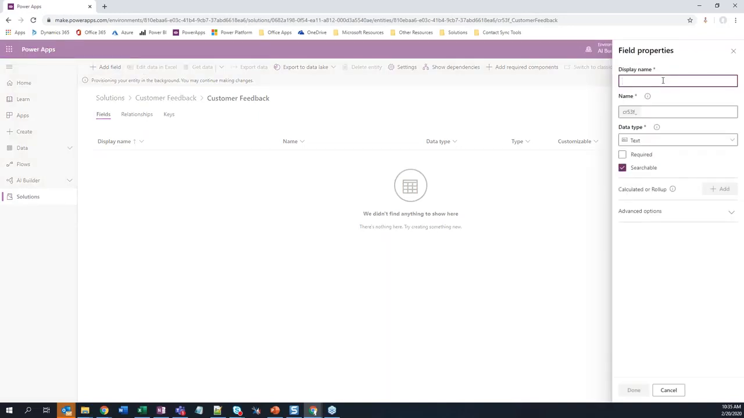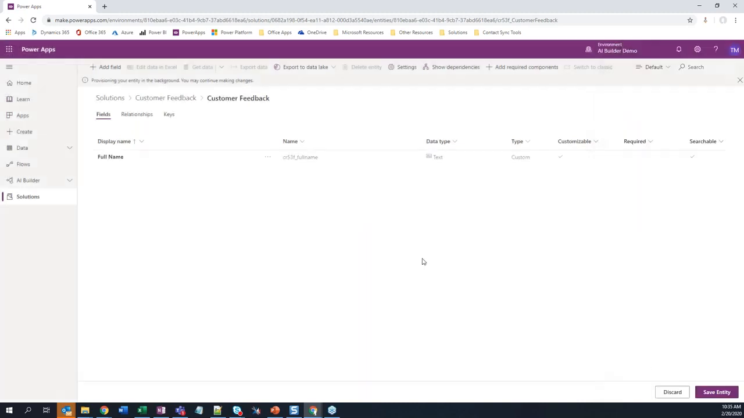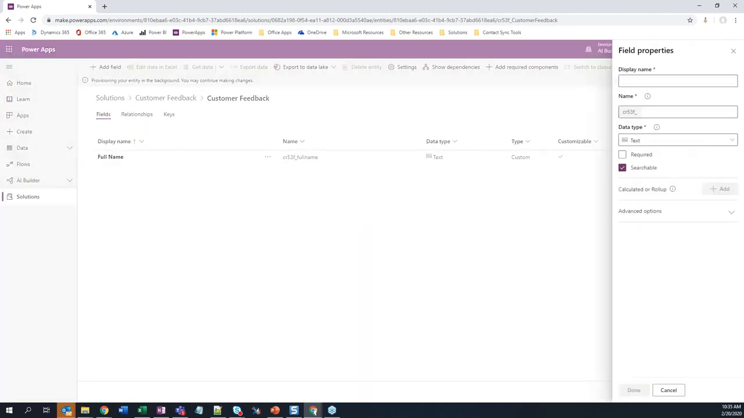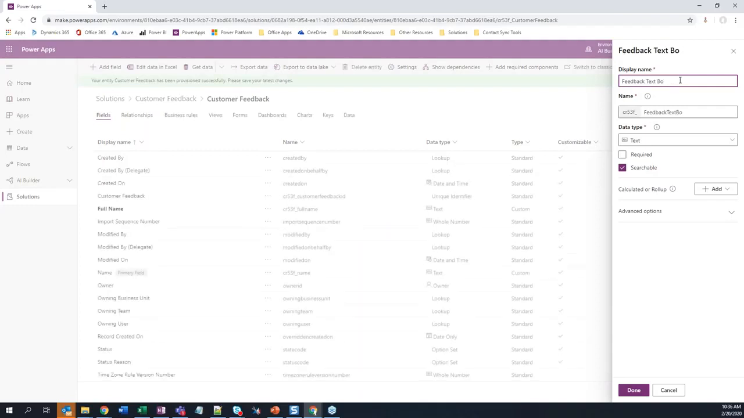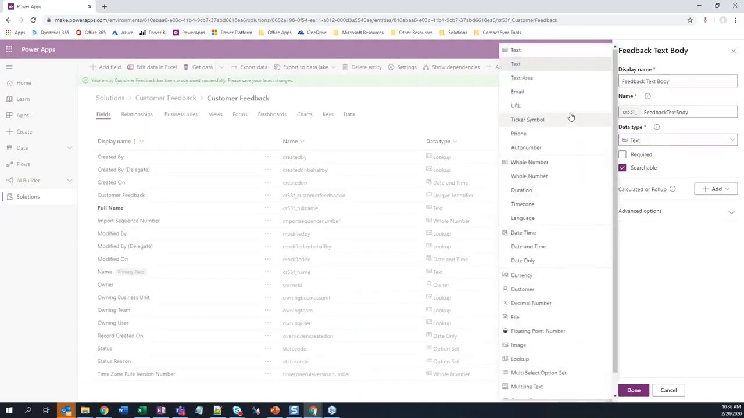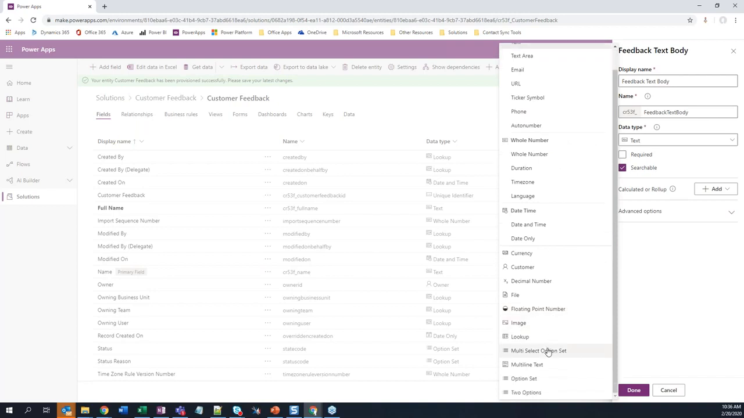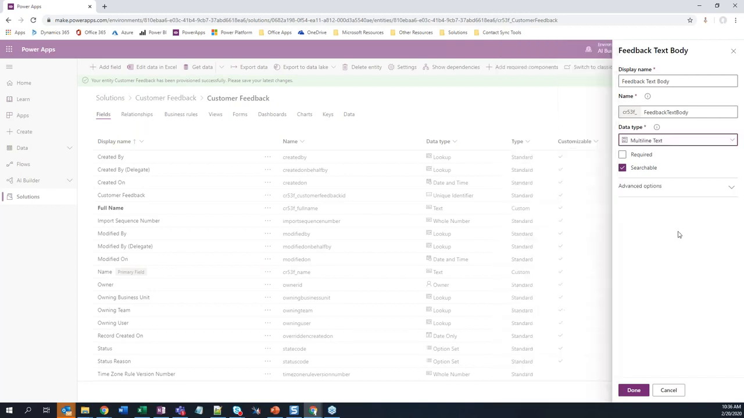There's a few things I want to capture with the customer feedback. I want to capture the, I'll call it full name, and that'll just be a text field. Excellent. I also want to capture the actual feedback text body. Okay, so that's a bit literal for a field name, but I think it'll serve our purposes just fine. I'm going to go with multi-line text for that,